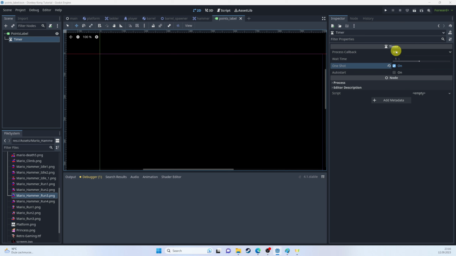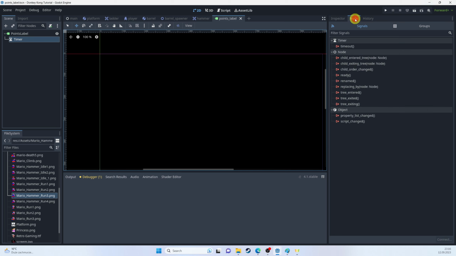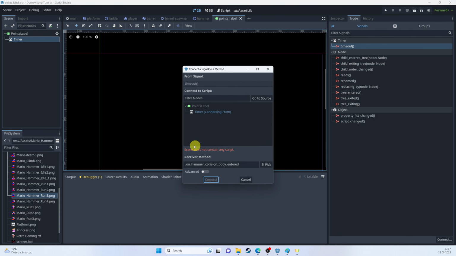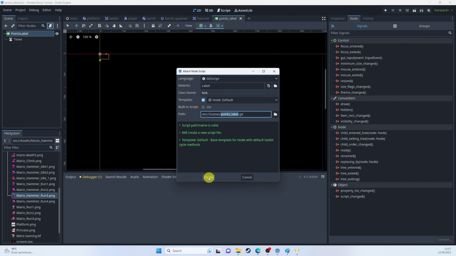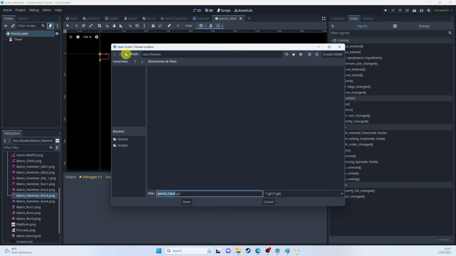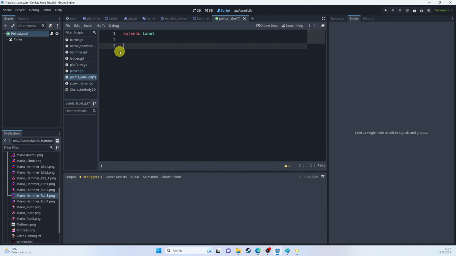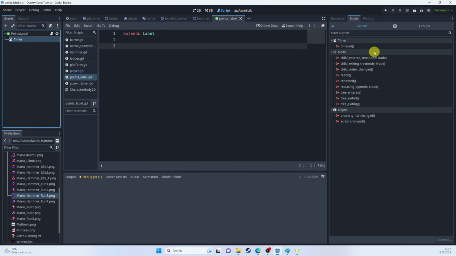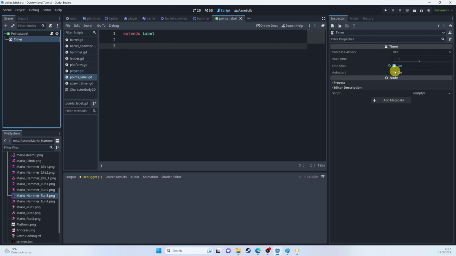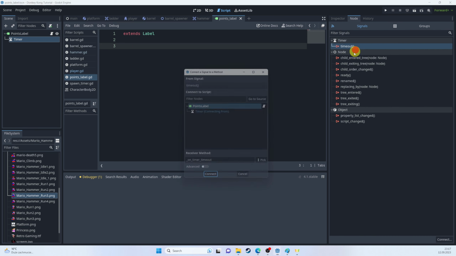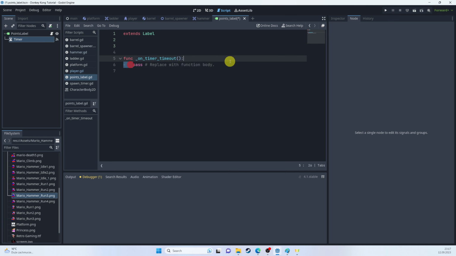Yeah, and we will connect this timeout. Oh, we need a script. Let's add a point label script, because what we need is a script in our game to show whenever we get some points. So let's open. This is going to be extremely simple. We'll use that timer. We will make it auto start, and we'll use that timer to get rid of that label. So connect the timeout and just call